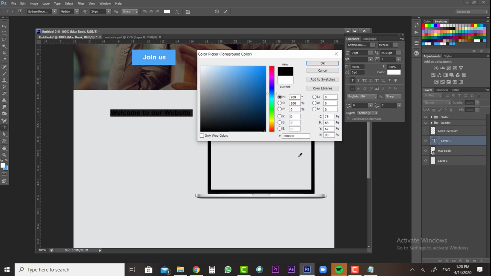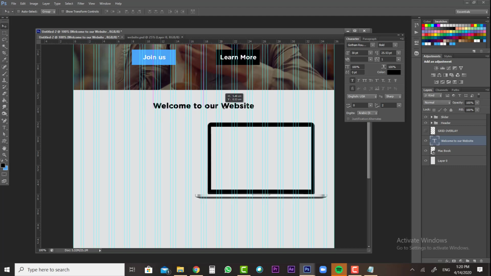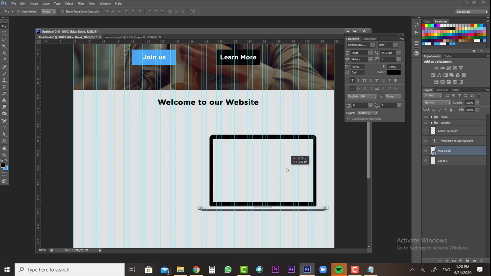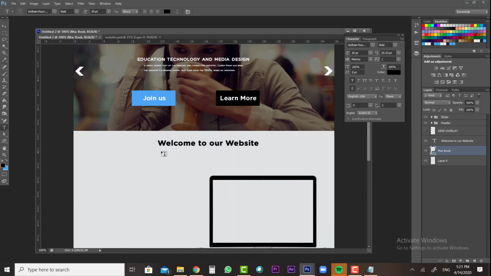Let's go black. Alright, and let's go bold, a bit bigger. Alright, Control H to make sure it's in the middle. Okay, maybe we can select the MacBook and take it just a little bit down, and then let's hide the grid again, create a text,